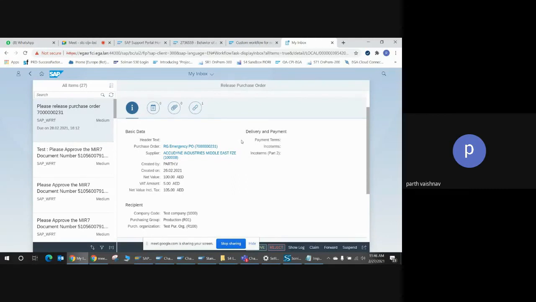Latest RAP, this RESTful application programming, is giving you the CRUD operation, right? It's a similar CRUD operation. We can just create this consumption CDS view, publish it as a service, and then the application is ready on UI. So this is half. Only the reading part is on the way of RESTful application programming, where you are able to read the data and display it in the Fiori without writing any single line of code in WebIDE or Fiori. And this is a universal inbox. So along with the standard, any custom workflow also you can plug in, as we have done.